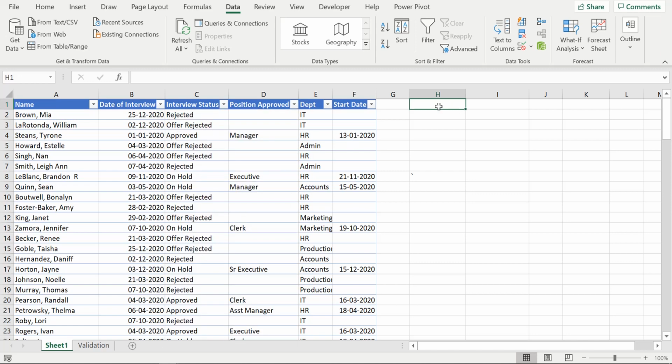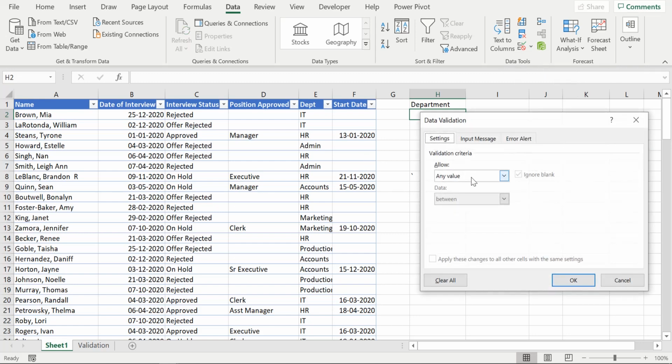So similarly, now we are going to create a separate table. So let us say we want to have this information at a glance based on the department. Okay, so based on the department, we want to know what was the status of rejected candidates, what was the number of approved candidates. So here we are going to apply the data validation again. So I go to data validation, it is in the data tab. Under the data tab, you come over here in data tools. There under data validation, you select list.